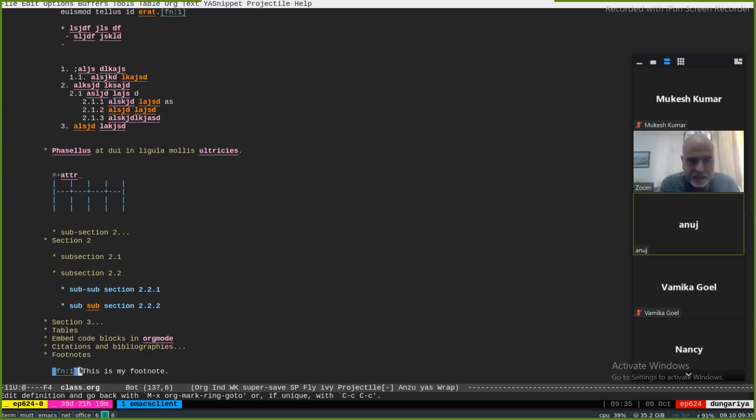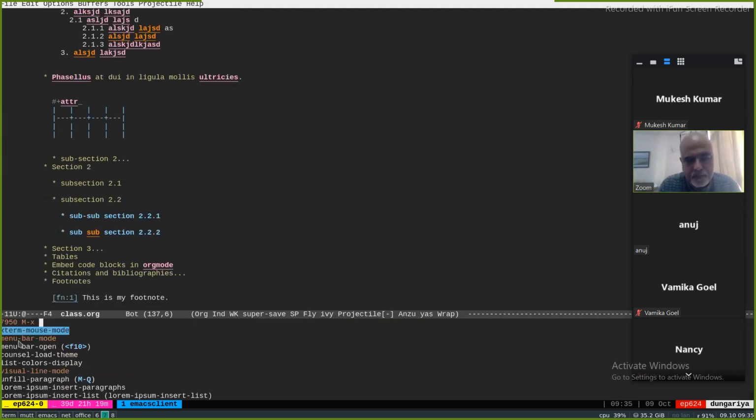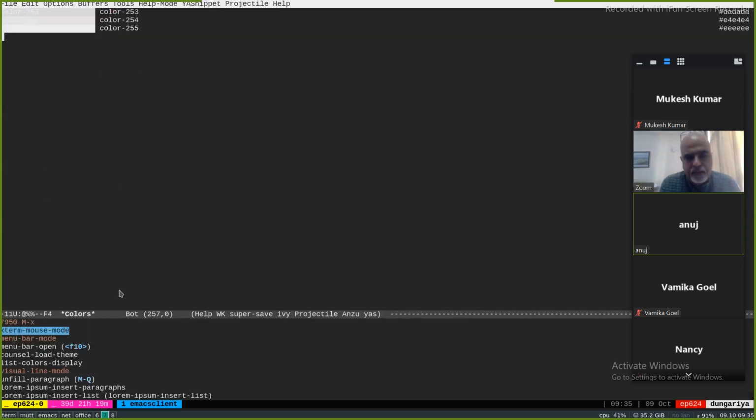The mouse clicks are not accessible without it. If you turn on external mouse mode, mouse clicks become accessible in console mode. If you are running Emacs on your own machine in GUI mode, then it will work anyway.